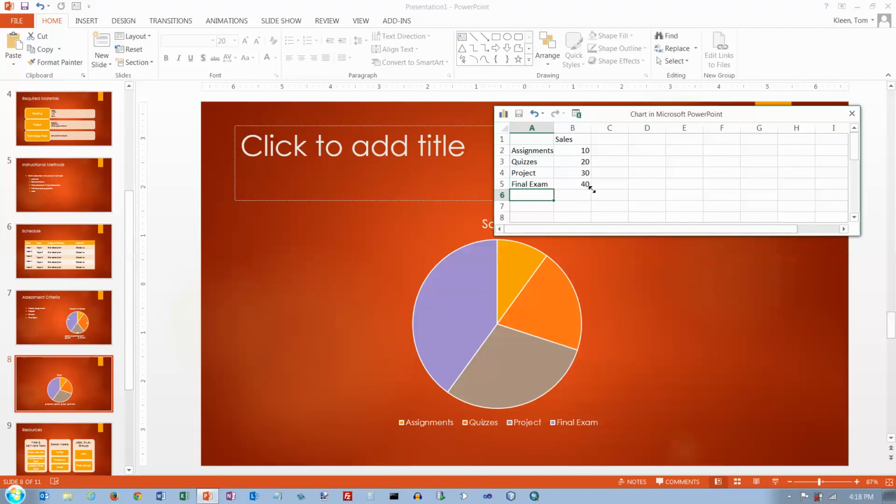So if I want some other item down here, and these just happen to add up to 100 the way it is now, but let's say I've got another item here that would be like 10%, so it should be the same size as assignments. There it is. So those are my 2 values,